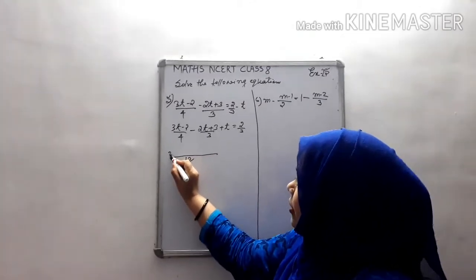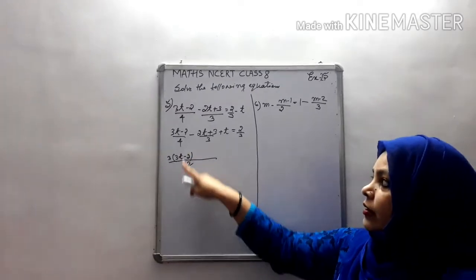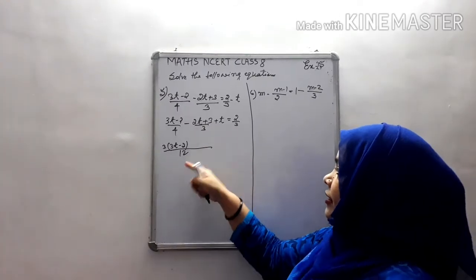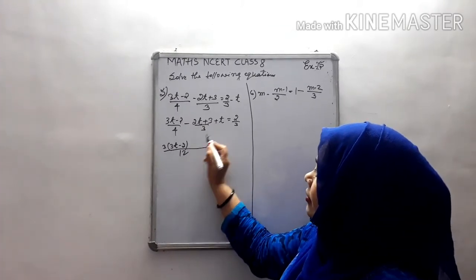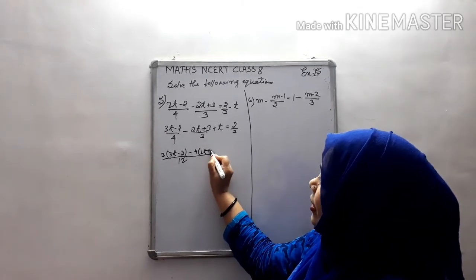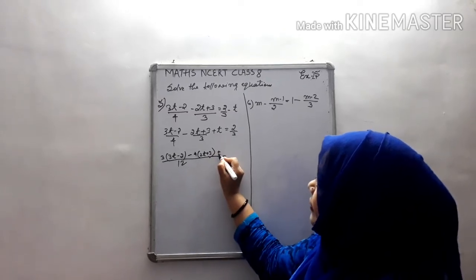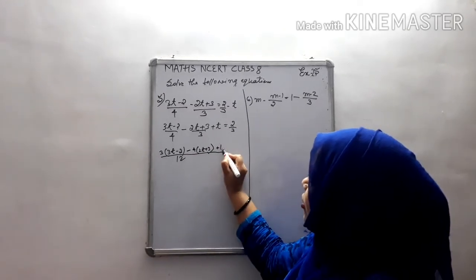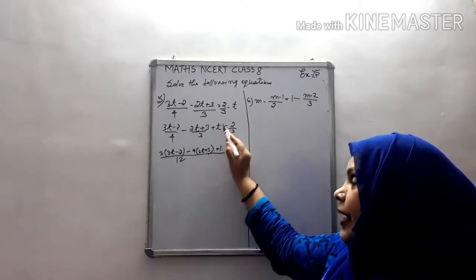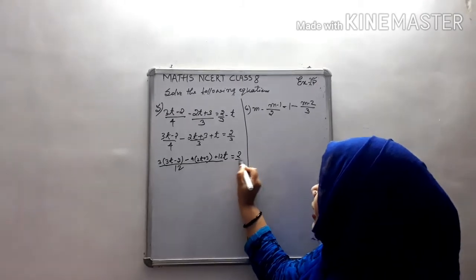4 3s are 12. So 3 will be multiplied to 3t minus 2. हम 3 को 3t minus 2 से multiply करेंगे. Then take division. Just divide here. 3 4s are 12. Comes 4. Then this 4 will be multiplied to 2t plus 3. Getting it? Next here. Then 12t. Directly here, if there is nothing, अगर कुछ नहीं है डिनोमिनेटर में तो हम सिंपली मल्टीप्लाई करते हैं. 12 into 2, 12 into t, 12t is equal to 2 by 3.